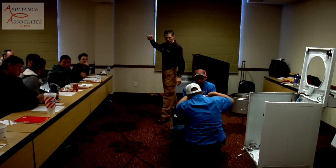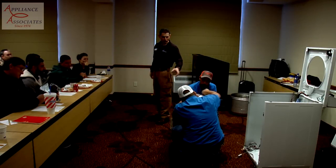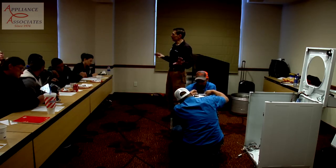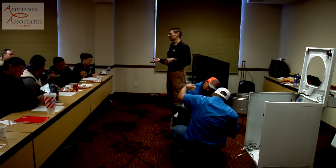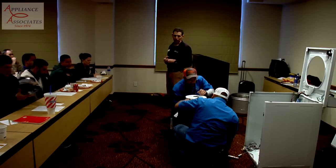The axle is in place with the crescent, and they're just spinning the nut. Was it real tight? No, okay. So they did listen. The idea of just snugging it is all that's needed. That'll make easier disassembly. That's a 38 millimeter. If you were to get rust, water, or